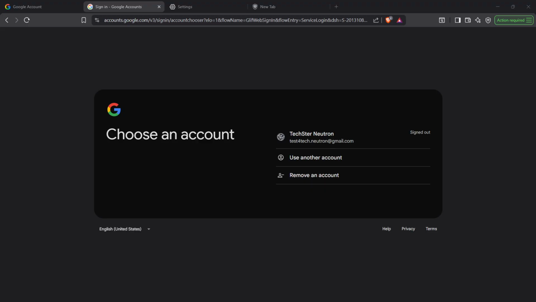Finally, click Done to exit the account management section. This step will take you back to the main sign-in page, completing the removal process. Remember, removing a Google account from Brave only removes the saved sign-in from the browser. It does not delete your Google account itself. This distinction is important because it ensures your account remains intact and accessible from other devices or browsers.